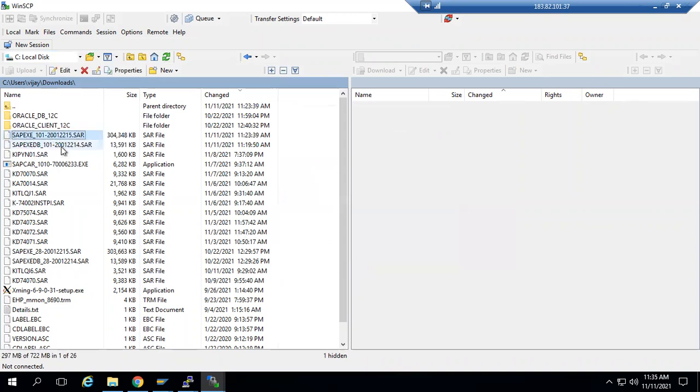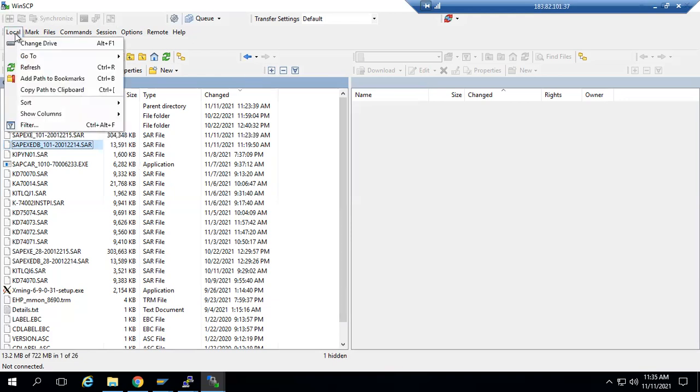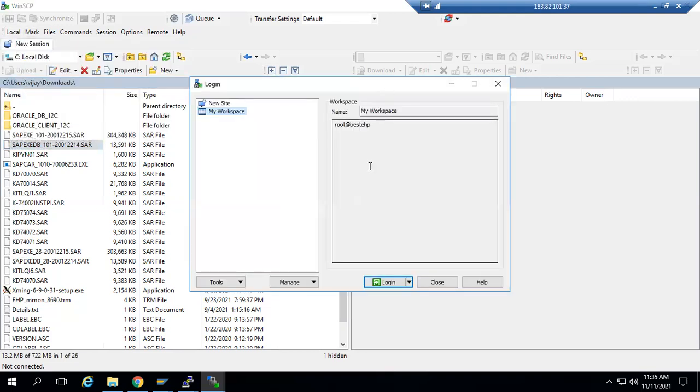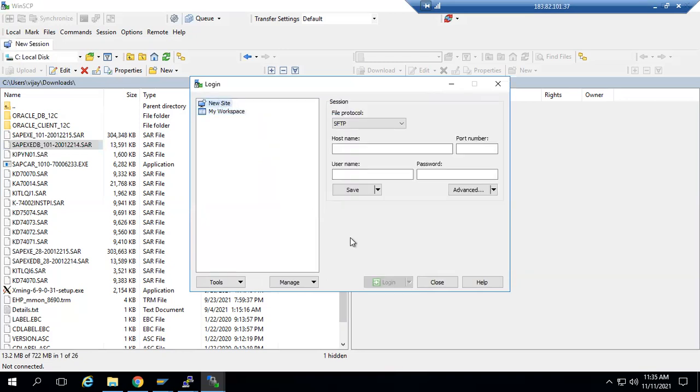So this is the one kernel file which I have downloaded from marketplace. Okay, right? This is not connected. Yeah, this is not connected. This got closed. No, this is the one, right?